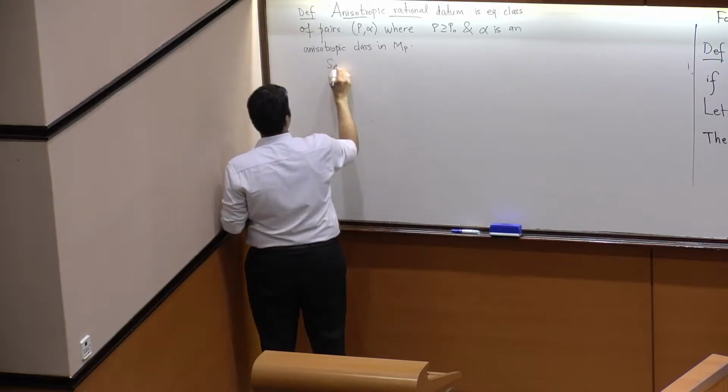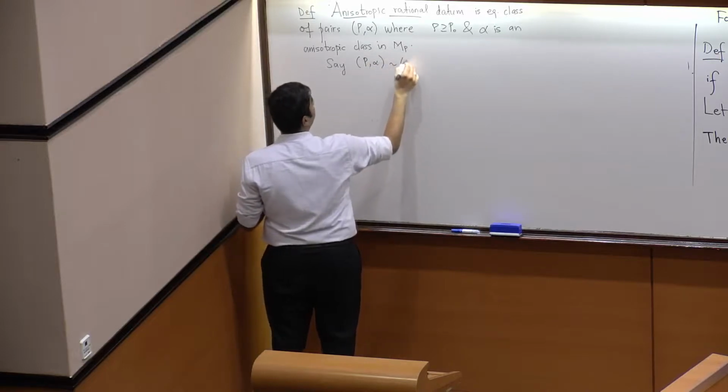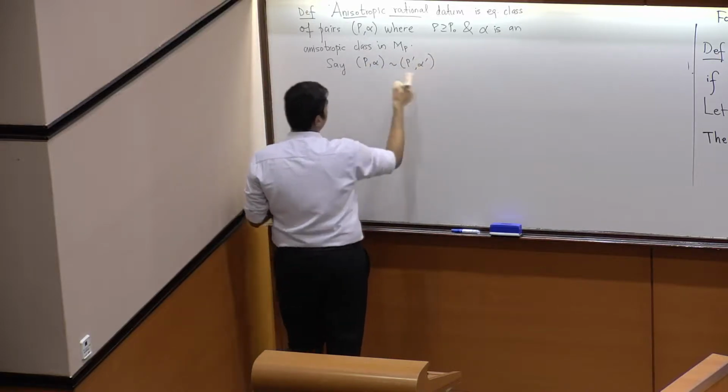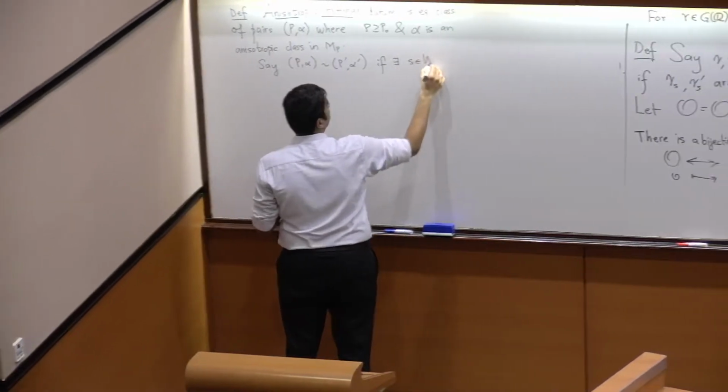And you say that two elements (P, alpha) and (P', alpha') are equivalent if they are conjugate. So if there exists an s in W